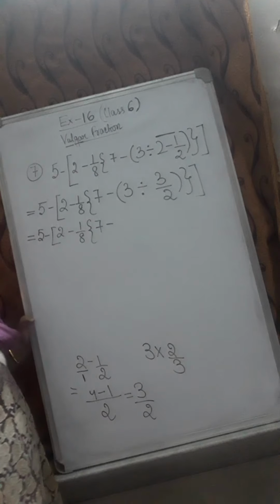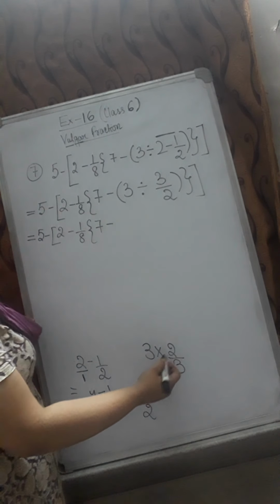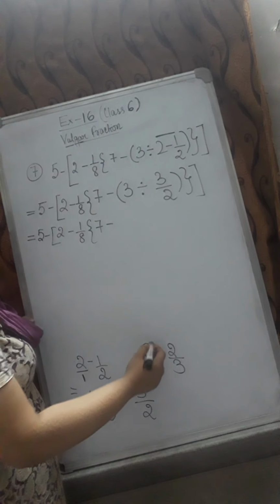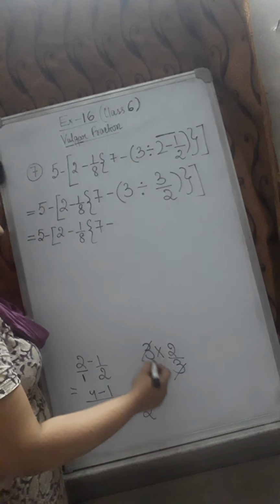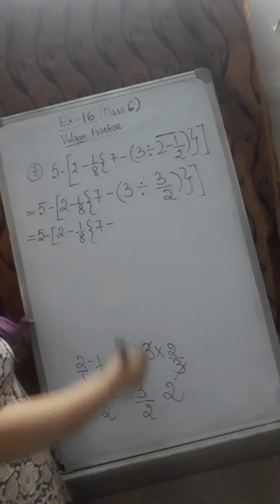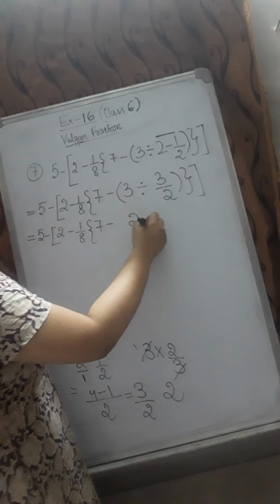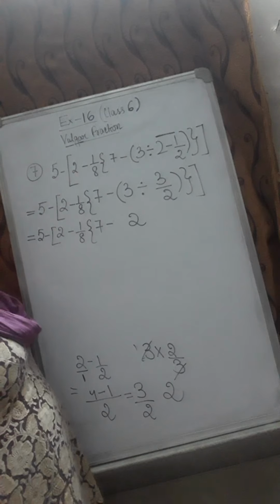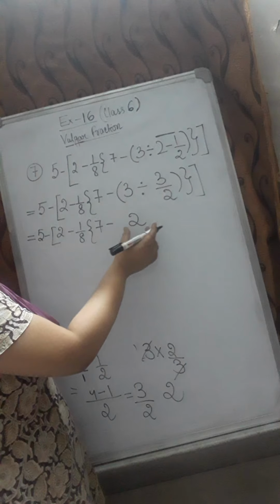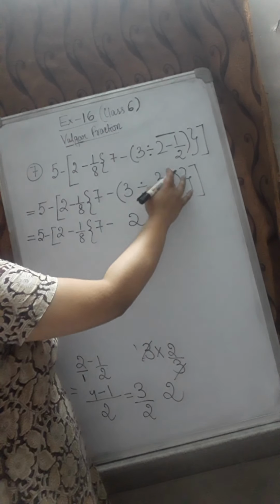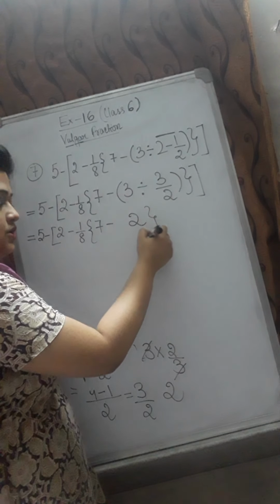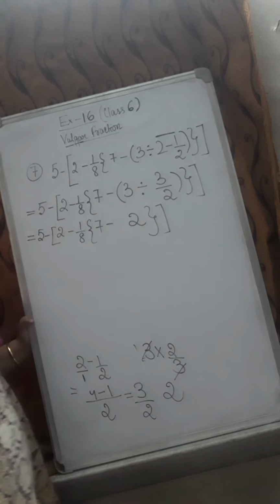You know that the division sign we change into multiplication, and the next fraction given changes to its reciprocal, 2 by 3. 3 and 3 got cancelled. You are left with only 2 ones are 2. So if you solve the first bracket, it gives the answer 2. We don't put the first bracket here because we have already solved whatever is inside the first bracket. So we only write the answer. So we don't have to put the first bracket anymore. So close it, close the second bracket and the third bracket.